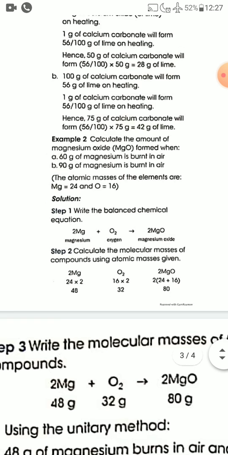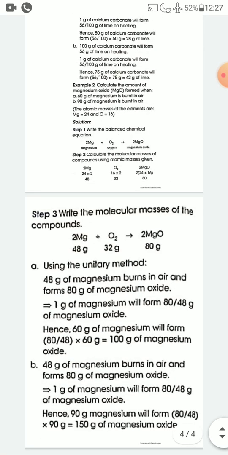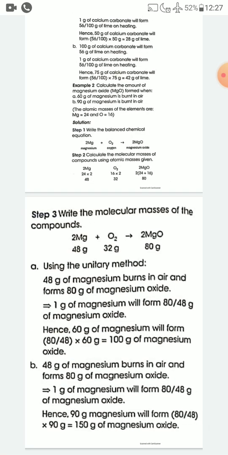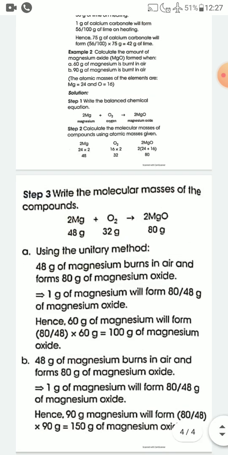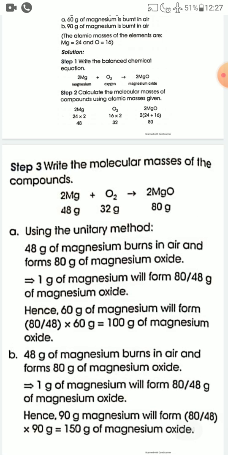Now in step 3, you have to write the molecular masses of the compound just below their formula. So again write the balanced chemical equation, 2 Mg plus O2 arrow 2 MgO, and write 48 below 2 Mg and 32 below O2 and 80 below 2 MgO. Now question number A,